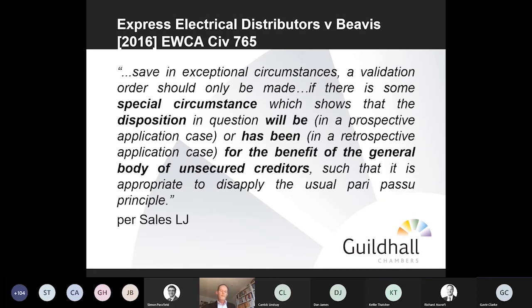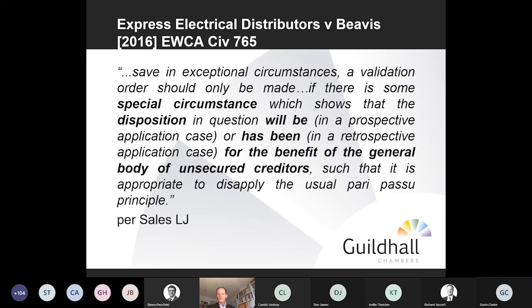However, in that case, Lord Justice Sales, giving the leading decision, was very critical in some senses of the prevailing law as it stood from Gray's Inn. So he went through the transaction itself. He was quite critical of the evidence that had been provided by the applicant as to what the benefit of the payment was. He highlighted, for example, that it didn't seem to be in the normal course of business.